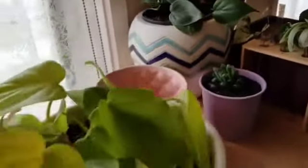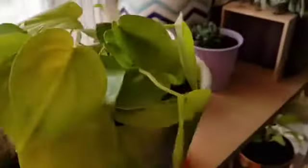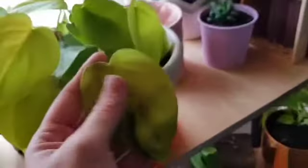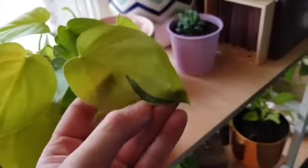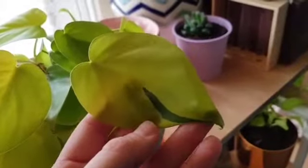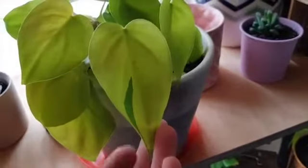Then also I want to bring you over here to this gold-coloured Hartley Philodendron. These guys again have these beautiful heart-shaped leaves. They are again a bit matte in appearance as opposed to glossy. And as you can see, sometimes they can get this variation in them, which just makes people start to think, oh, hold on a second, is this a Brasil? It's not. It's just throwing a bit of old genetics back into the mix,